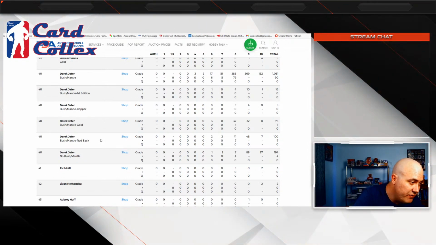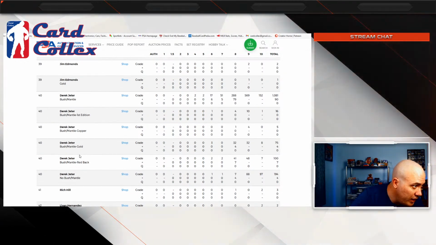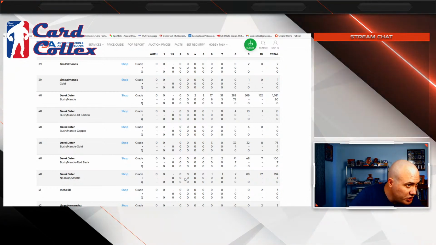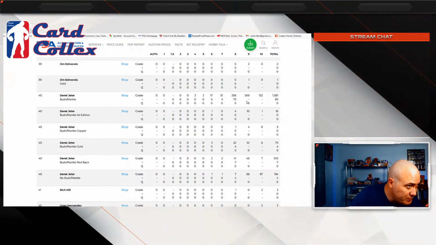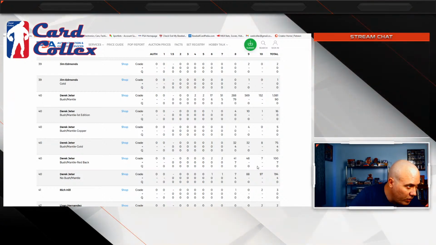So they have just the number 40 Bush Mantle. Wait. No, they have number 40 no Bush Mantle. Wait, which is more rare? They have the regular Bush Mantle, the first edition, the copper, the gold, the red back. Weird. I didn't know all this.